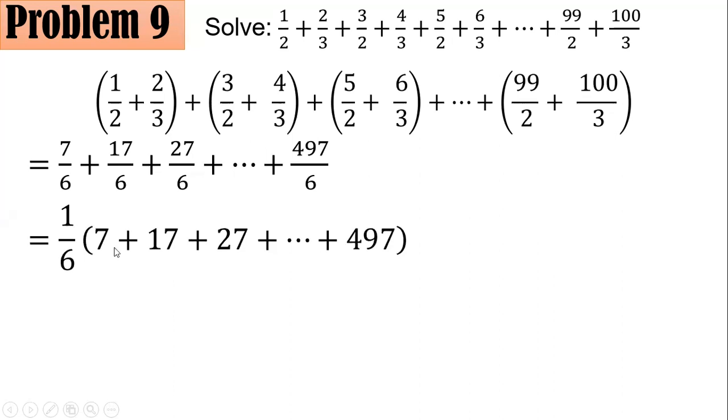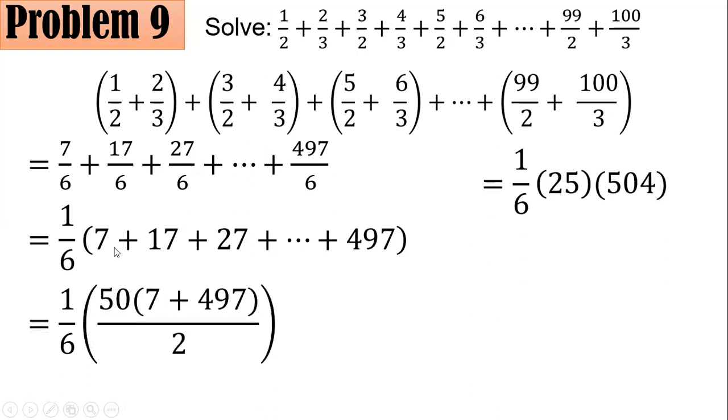And we know that there are 50 numbers, right? How come 50? Because there are 100 numbers here, but since we have them in pairs, there are 50 pairs. And so this tells us that there are 50 numbers involved, from 7 plus 17 plus 27, all the way until